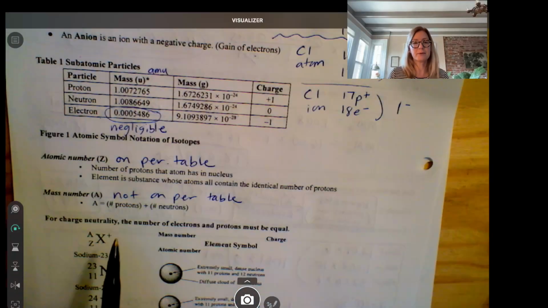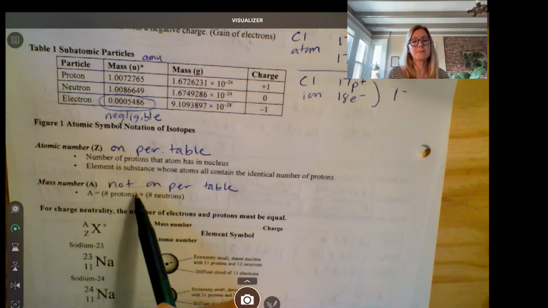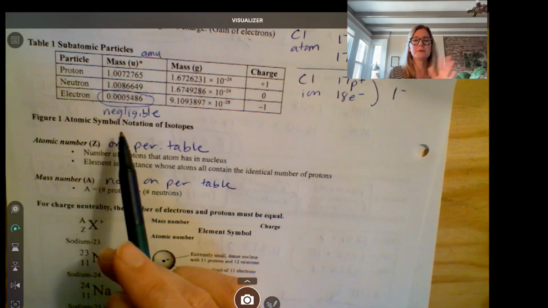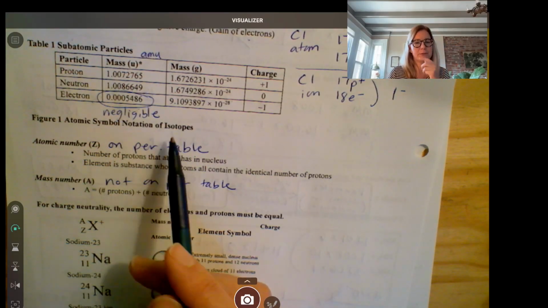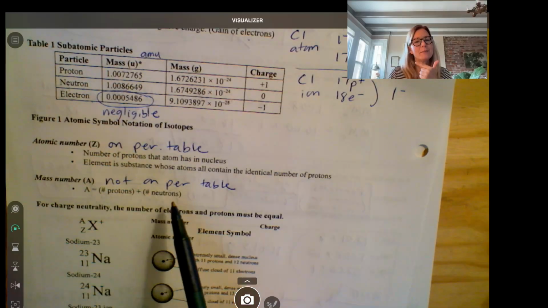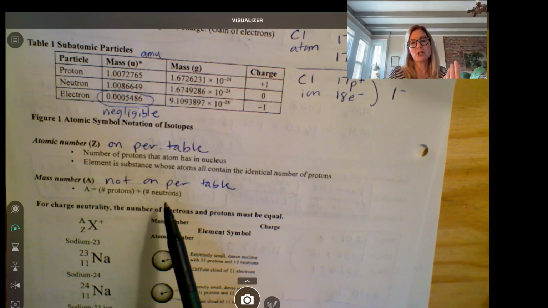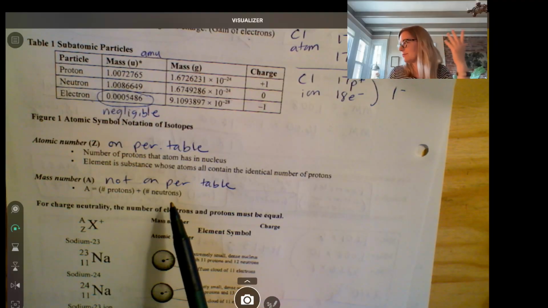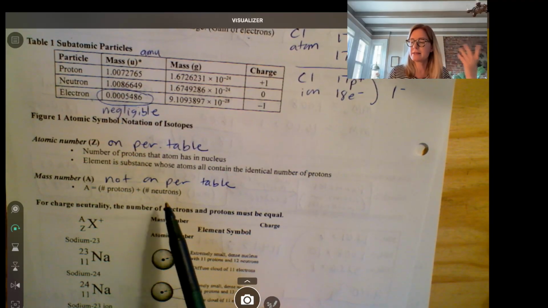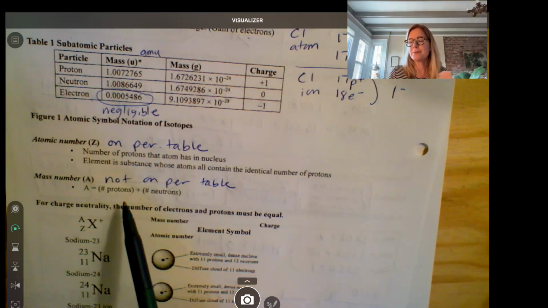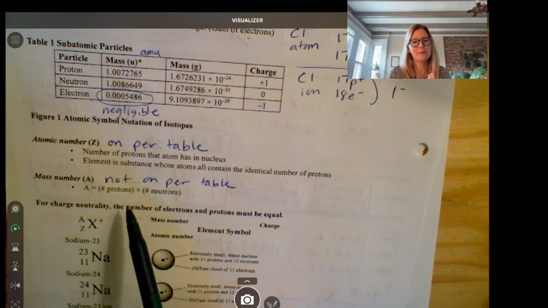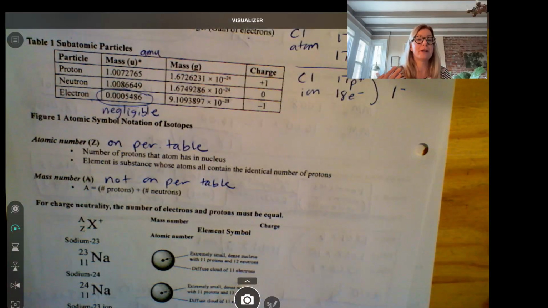The mass number is the number of protons plus the number of neutrons. We don't include electrons because their mass is negligible. The reason it's not on the periodic table is because the number of neutrons can change, okay? Some, like I said, some calcium atoms have 19 neutrons, some have 20, some have 21. So we can't put a mass number on the periodic table because the mass number varies depending on the